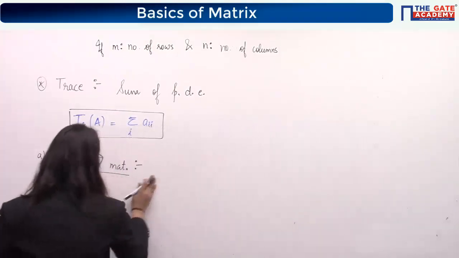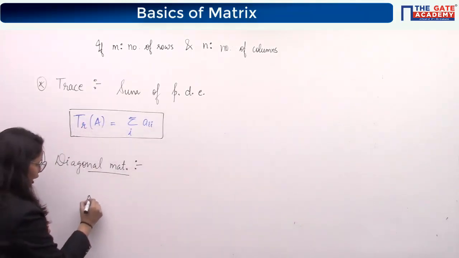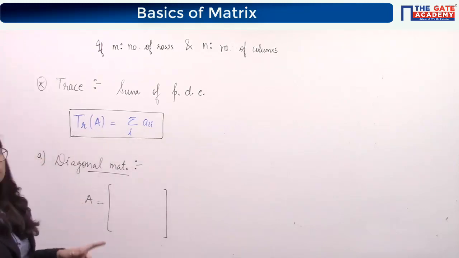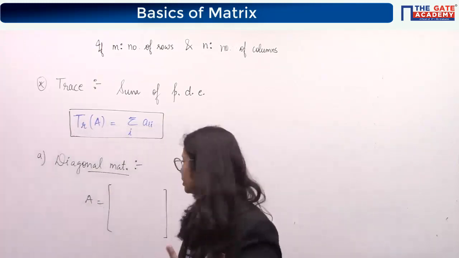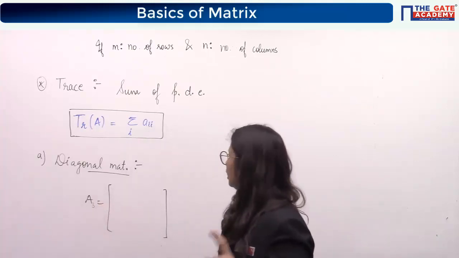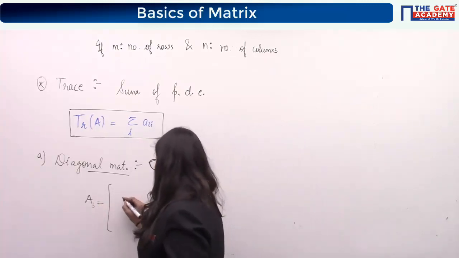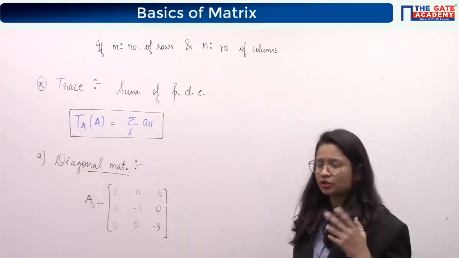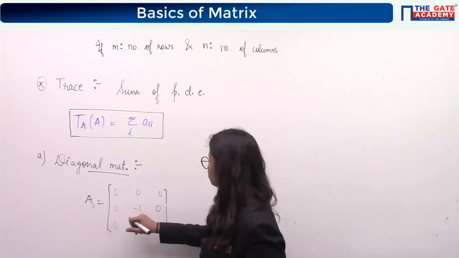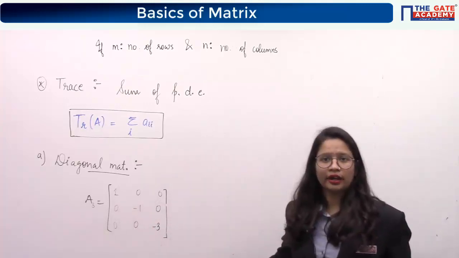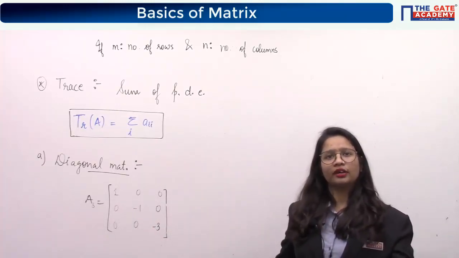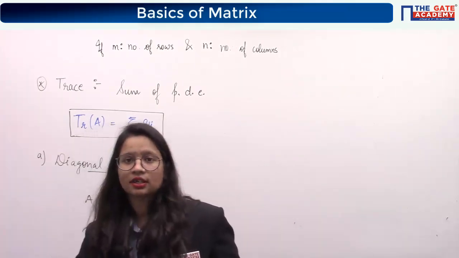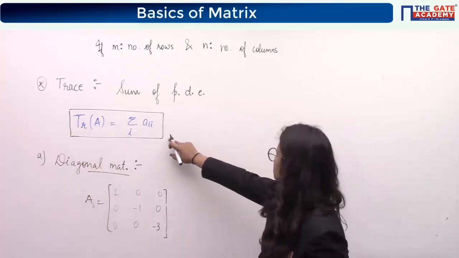A diagonal matrix is a matrix for which I am directly writing an example, no need of the definition again. So again I am taking an example of a 3 cross 3 matrix. Again it will be a square matrix of order 3. It will be said to be a diagonal matrix if all the elements except the diagonal are zero. I guess you understood my point. So a diagonal matrix is a matrix in which the principal diagonal elements will be non-zero and all others will be zeros. One form of writing the definition for this matrix is in terms of this elemental format.